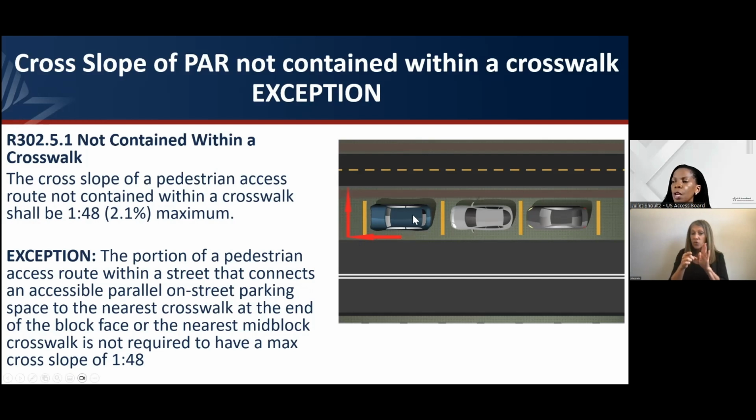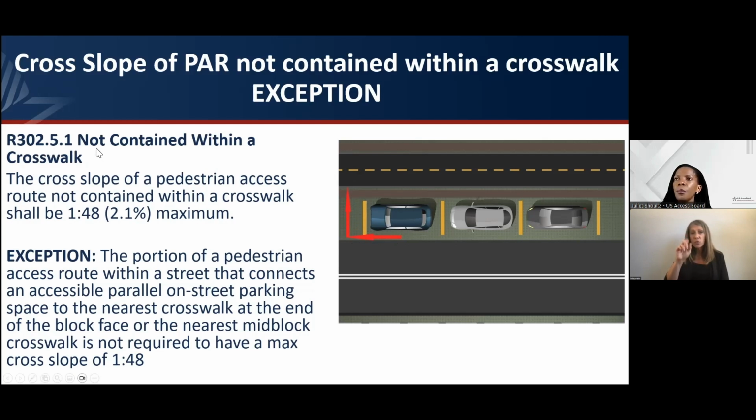So in this image, you have an on-street parallel parking space, an accessible parallel parking space. It doesn't have an aisle, so that's why it's located as the last one at the end of a block or nearest the mid-block crossing. And so you technically have a pedestrian access route from the vehicle exit, going through the vehicular way to the crosswalk and the curb ramp or blended transition. And so